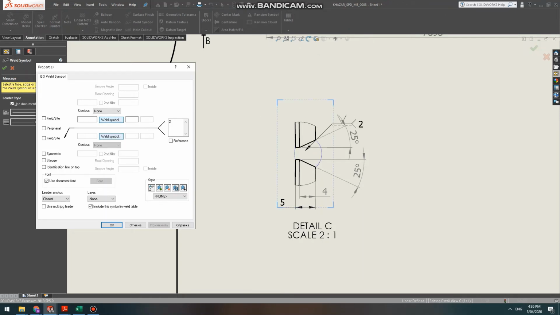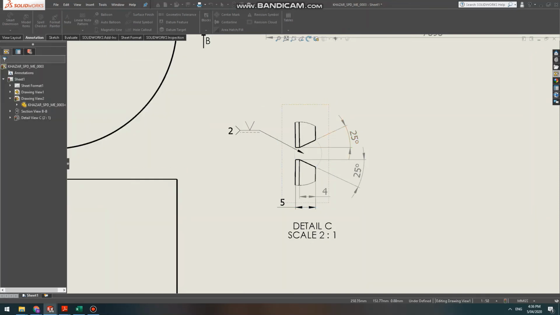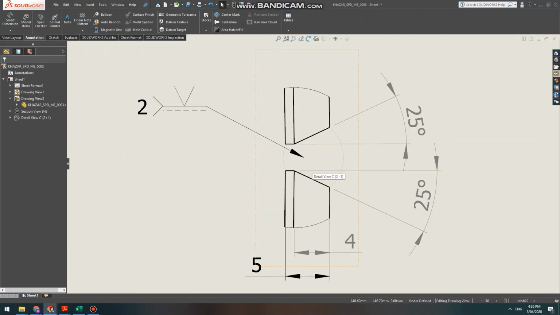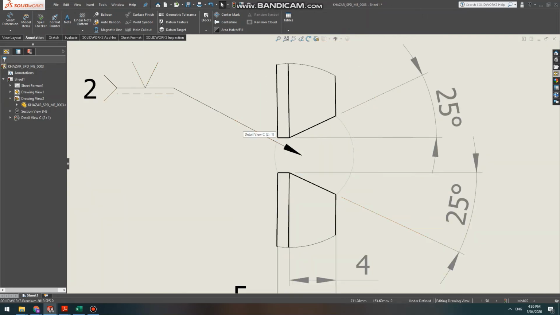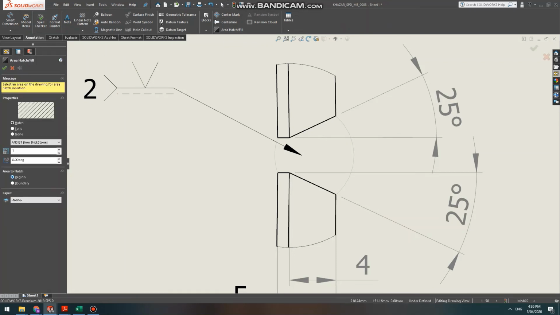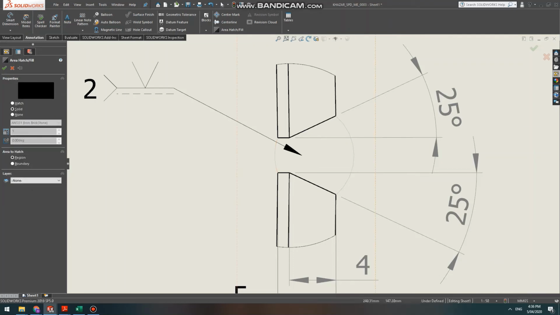Yeah, we weld it like this. We don't put gap, it's welded inside it. And what can be done is very simple. You can go to area hatch fill and make it solid and fill it. So with the boundary,